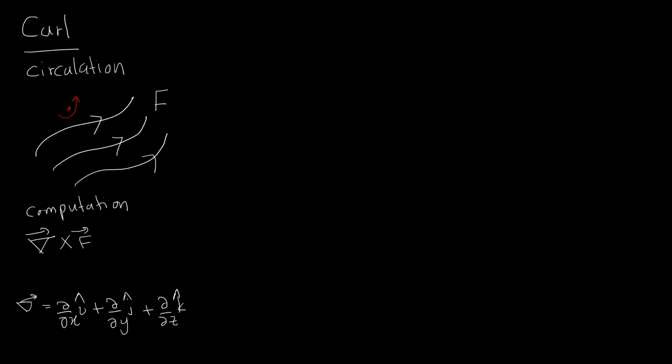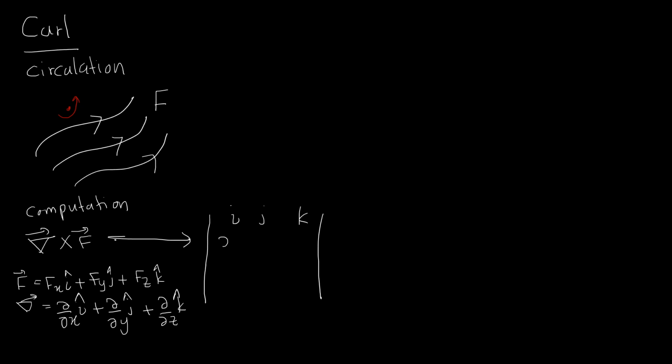And if our vector field F is also something like Fx i plus Fy j plus Fz k, then the curl of F can be calculated by taking this determinant, which is written as